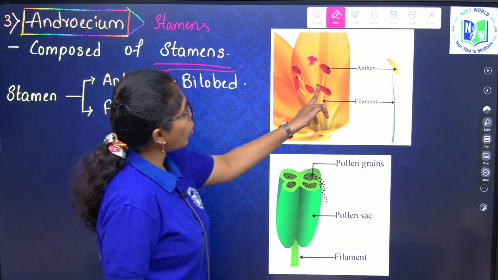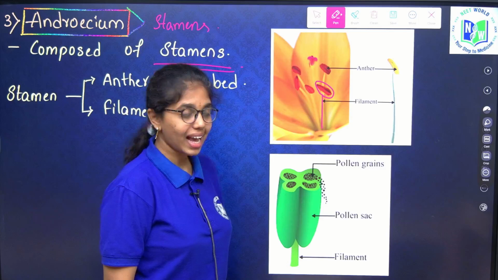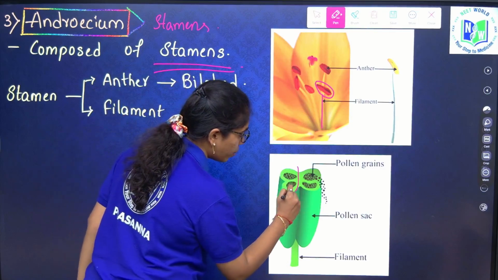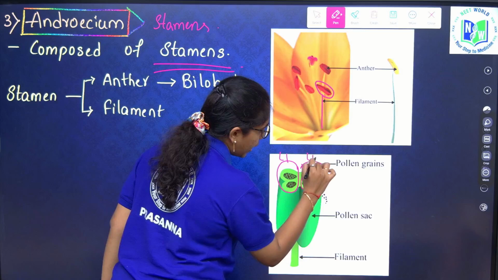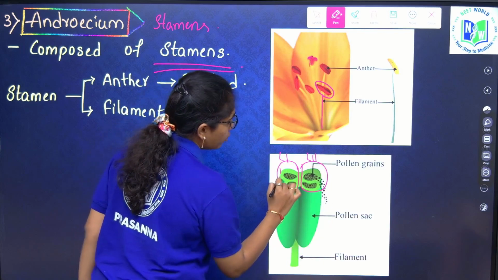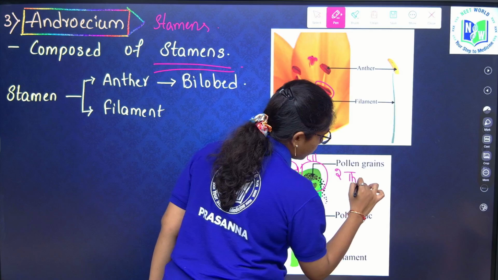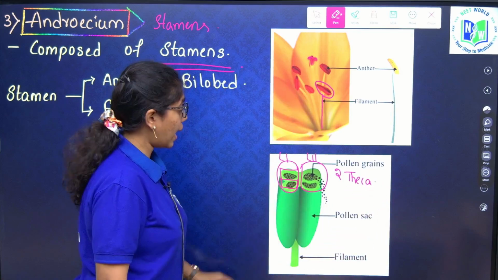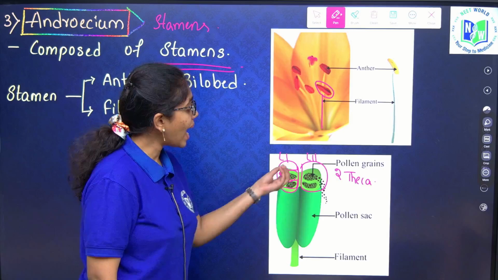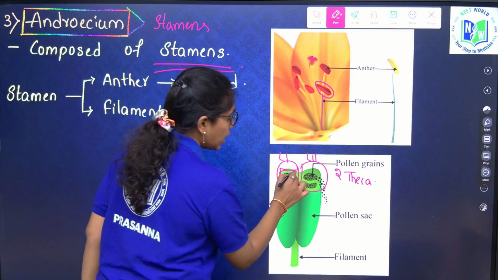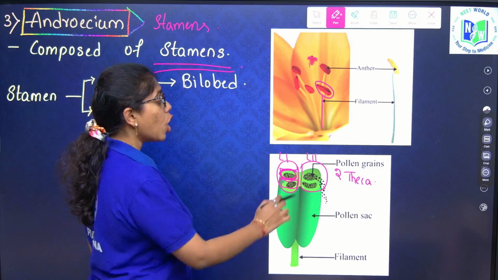Stamens will have one long filament, and above the filament it has an anther. The anther is bilobed, it has two lobes, lobe 1 and lobe 2. Each lobe will have how many theca? Two theca. Inside each theca, microspores are present, they mature and they will release what? Pollen grains. In each theca you will have microspores, which mature and release pollen grains